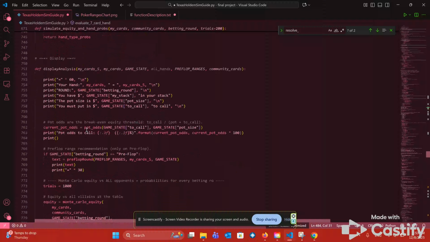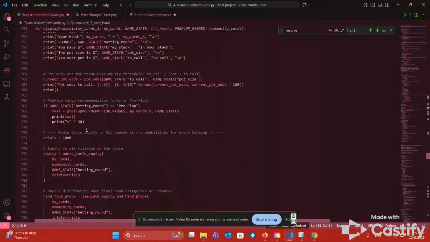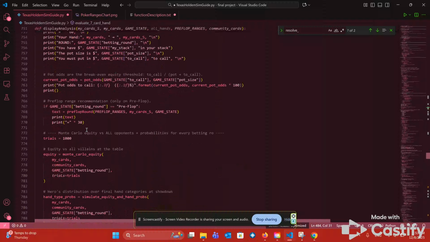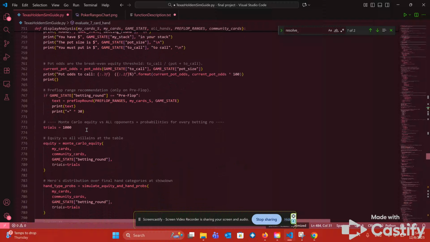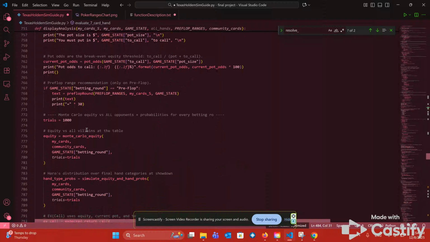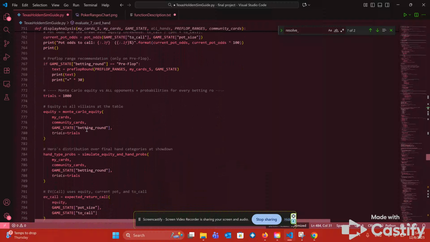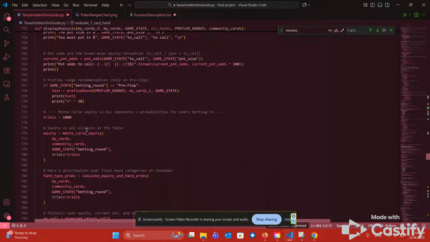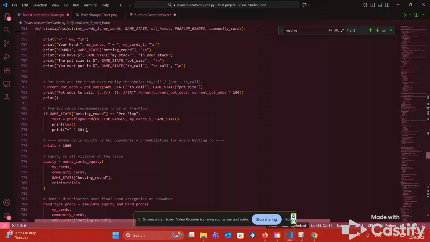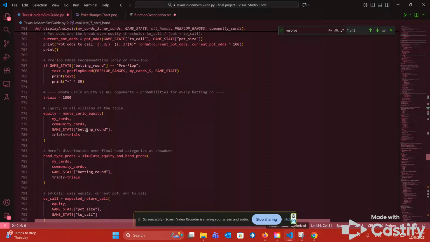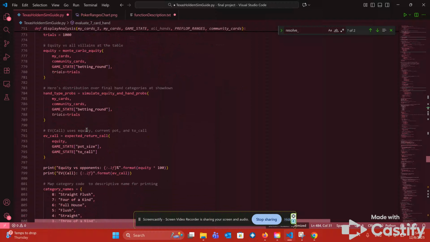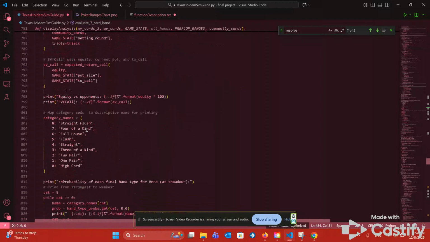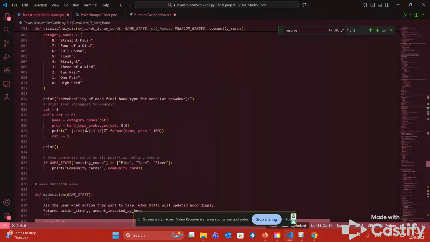Then I have the display analysis, which is the main display function, which prints out all of the information of the game for the user to see, including the game state dictionary, which includes the betting round and my stack, pot size, and to call for the current round. And then after this,